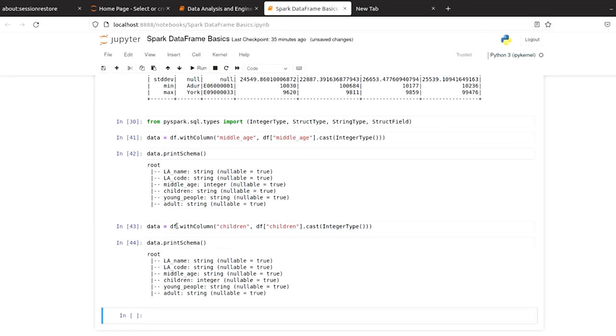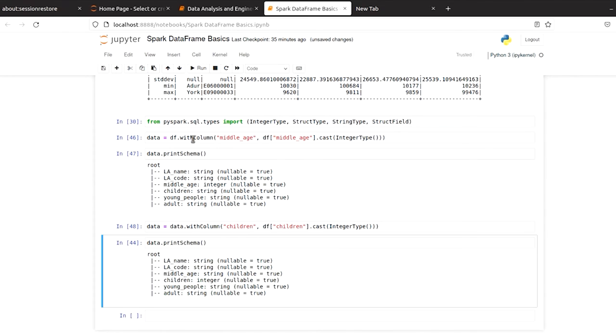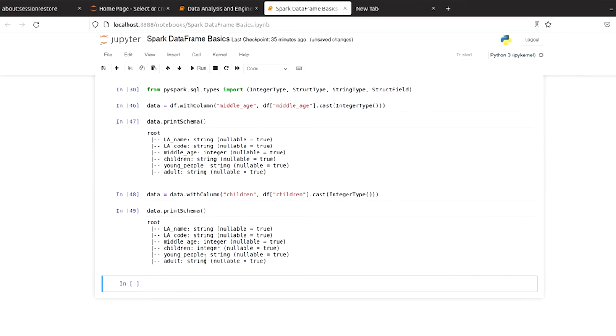Okay. The reason is because we should apply data, because we are using data here. We changed from data frame to df to data, so we have to apply data here. So it's going to work now. So let's do that. If we do that, then we get our results. Now we can see we have our result, middle age integer and we have children as integer. So it's been transformed now. So if we go further,